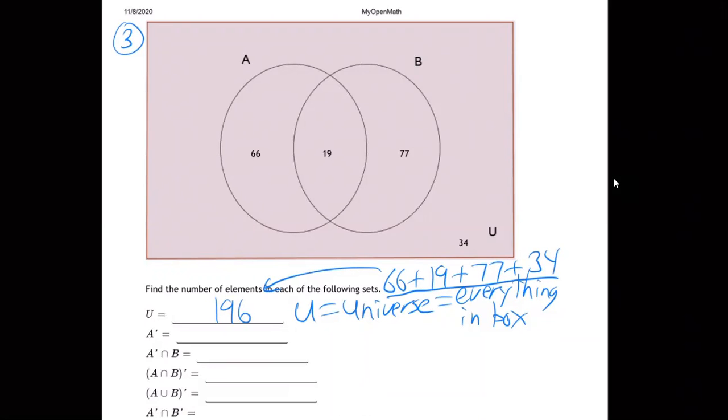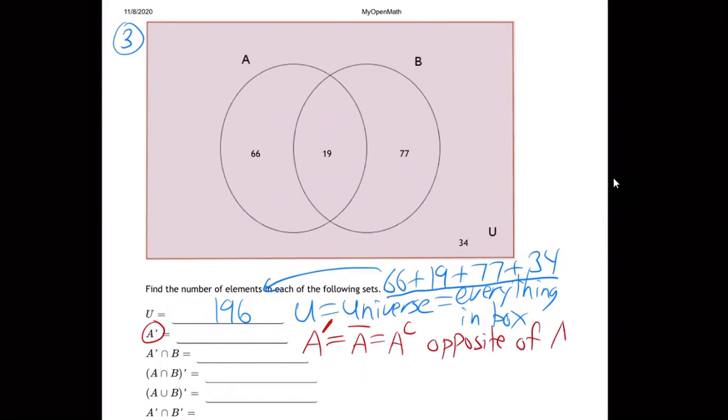Now, let's do the next part where they're asking us for A with that little mark. What does that mark mean? Do you remember? Opposite. Yeah, that's opposite, right? We had 3 ways of doing that. It's the same thing as A with the bar on it or A with the complement, the C. They all mean opposite